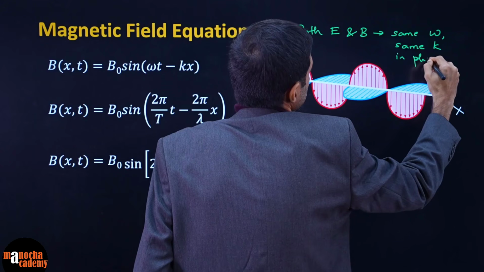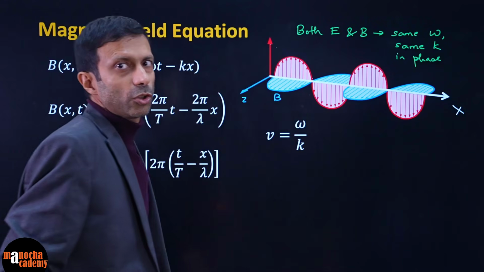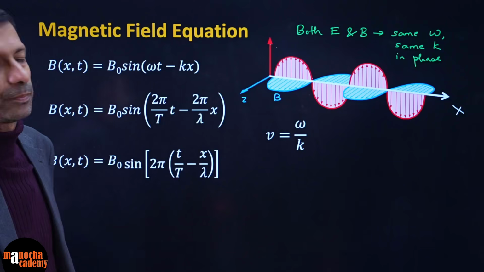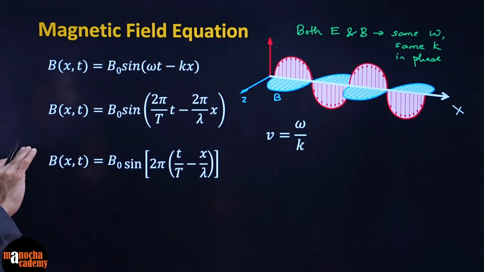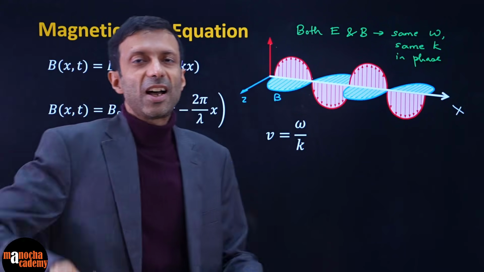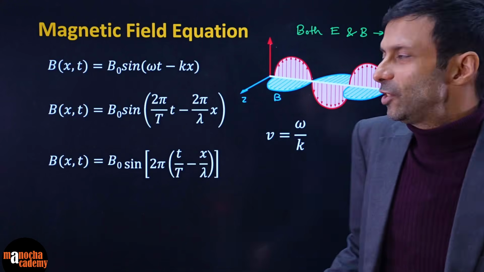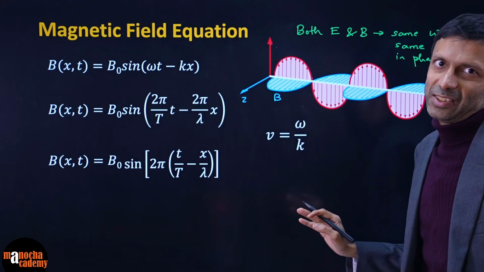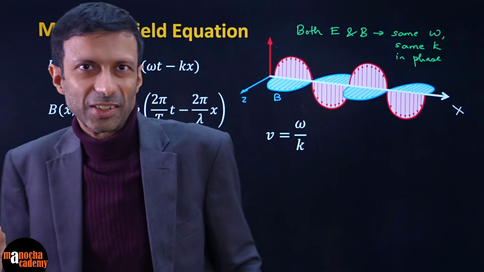Basically they are in phase. And if there is any phase angle also, plus phi naught, that will be the same. So these guys are totally dancing together and they are totally friends with each other. They are in phase, which makes life easy for us, right?